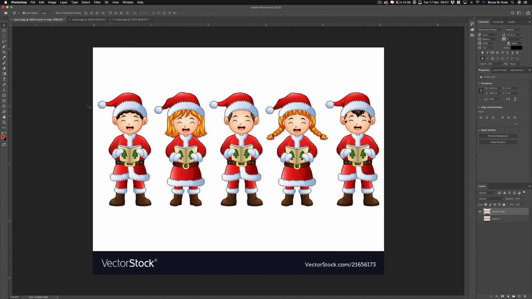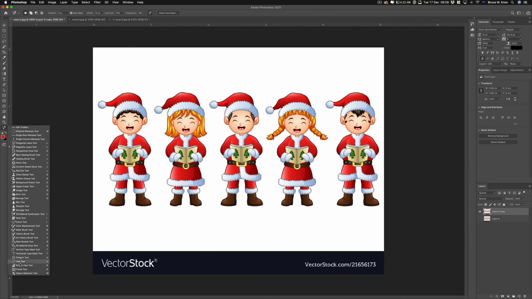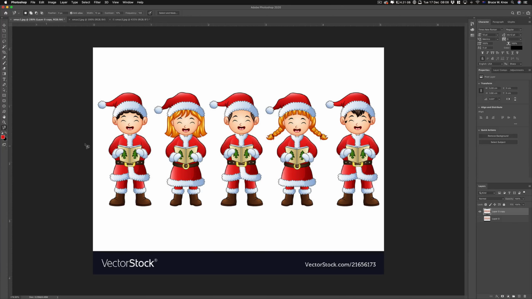So step one is to get the lasso tool, but not that one, the magnetic lasso. So we hold down this one and you've got all your options, the magnetic lasso. This one snaps to a color difference. So when there's a big difference between colors, this is an easy way to, and you just click once and then drag slowly as close as you can to the edge, and the cursor will snap to the edge of the difference in color. So you just do that